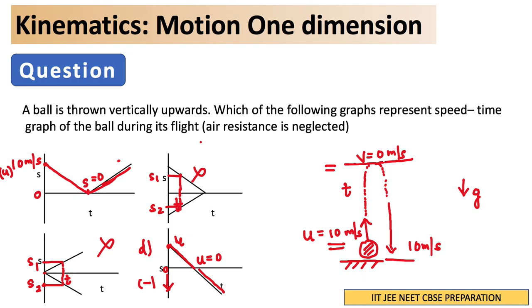So out of these two graphs, this one and this one, which is the correct graph? Since it is speed and speed cannot be negative, as there is no direction, speed is always a positive quantity, so this has to be positive all the time. So this graph is the correct graph, but in this graph speed has become negative over here, so this is not the correct graph. This is a simple way to identify which graph is correct and which is not, if we have 4 options.